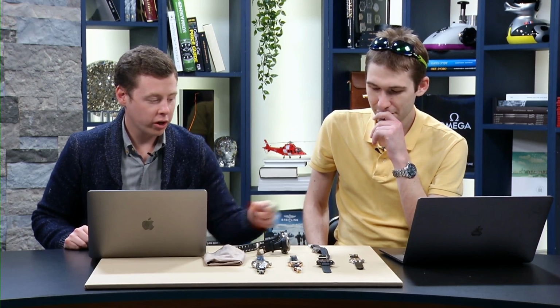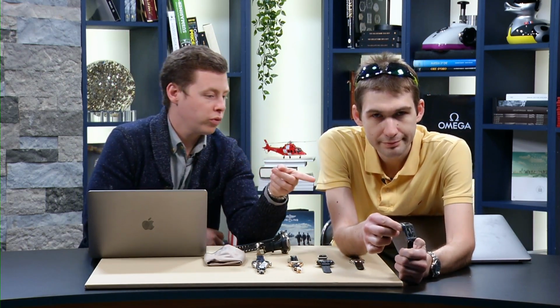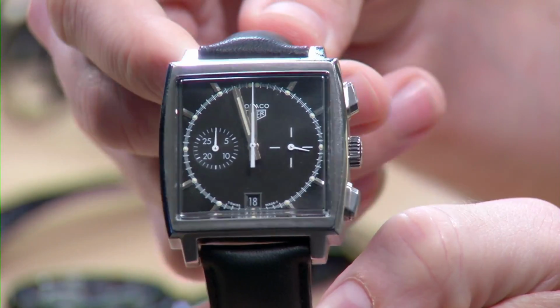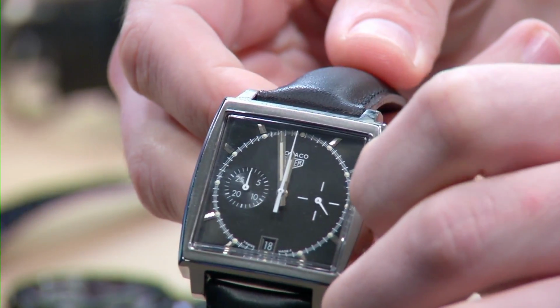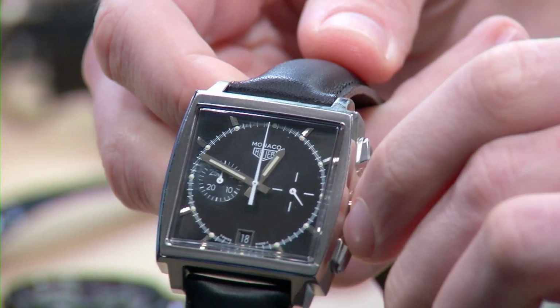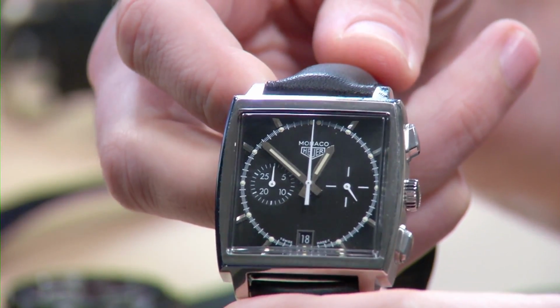So moving right along, here we have a Tag Heuer Monaco. So this watch was launched in 1997. It is an homage to the original Monaco. The reference number, I can't see it, it's on the case back. CS2110. Was done as a limited edition of 5,000 pieces. So here you see tritium accents going around the dial. This watch was the first of, I want to say, 3 or 4 limited editions that Tag Heuer came out with. And Tim was so nice to tell me that this was the first launch right